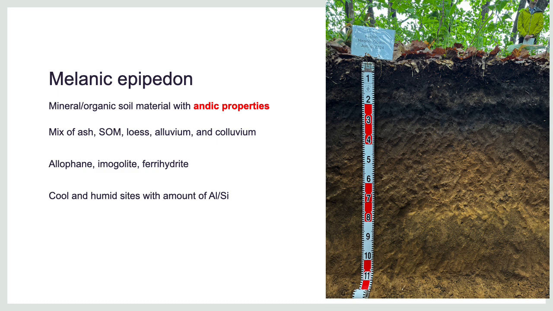So they could be formed by the mixing of several different types of parent materials, but what is most important in this case is the sum of ash, volcanic ash. These volcanic ashes are more related to recent volcanism, like in Japan, in some areas in Asia, in some areas in South America, in some areas in Africa, in Europe, but definitely areas where volcanic activity is quite recent